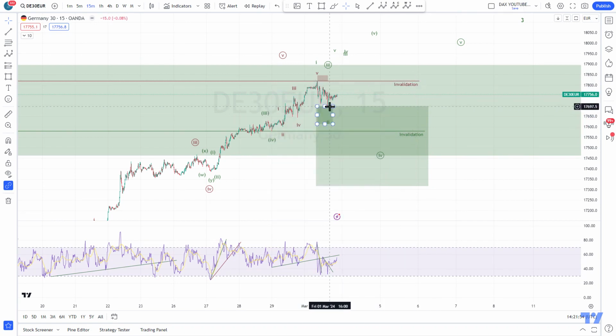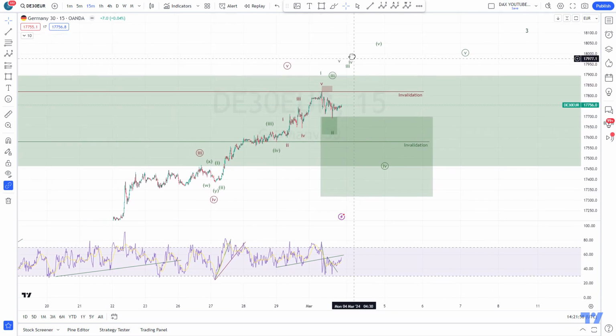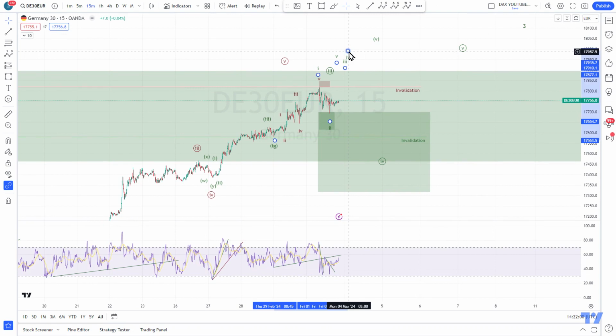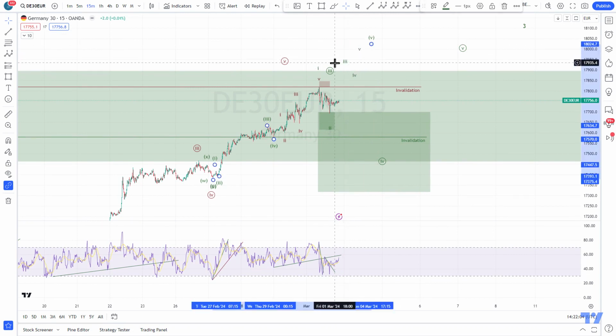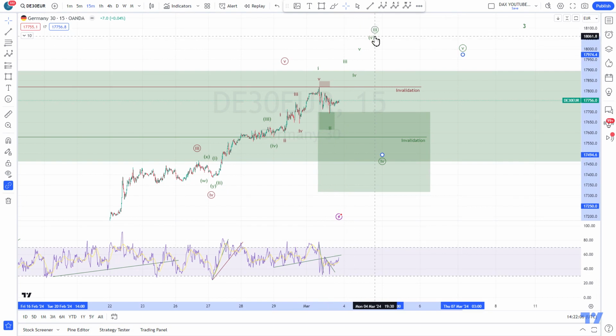So from here we can actually expect still a wave 3, 4, 5 to finish this fifth wave and to finish this third wave. So this is indicated in green. It suggests that this is my primary scenario. But yeah, for now, I just take the most bullish one as my primary scenario, as the DAX is really